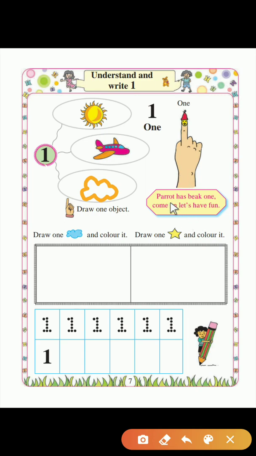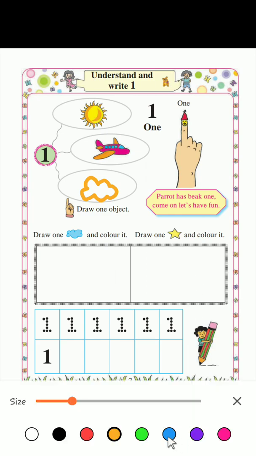We will write number 1 and draw one cloud and color it in this box. Draw one star and color it in this box. In this box we will draw a cloud, and you need to color this.